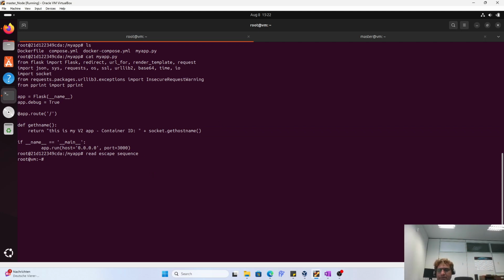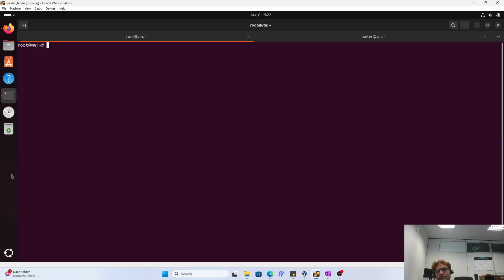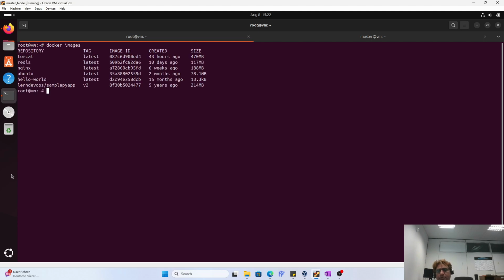So let me see if any other containers are running or not. docker ps -a. Okay, this is the only container running, on port number 10,000. And as I have shown you how that works, let me just do one thing, clear it. And now I create a Docker service from this image. I can say docker images first, so I know the images, then I can say